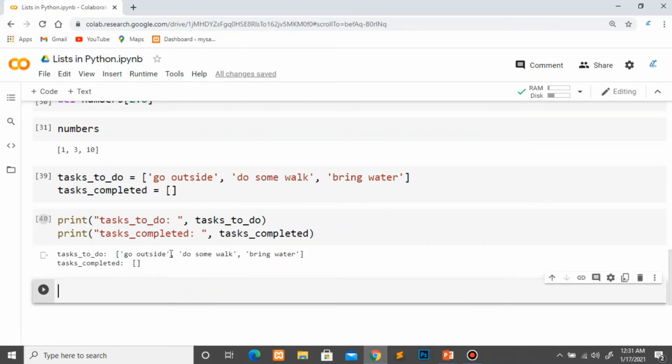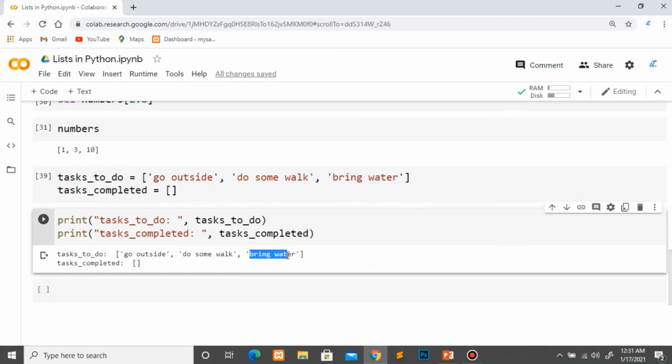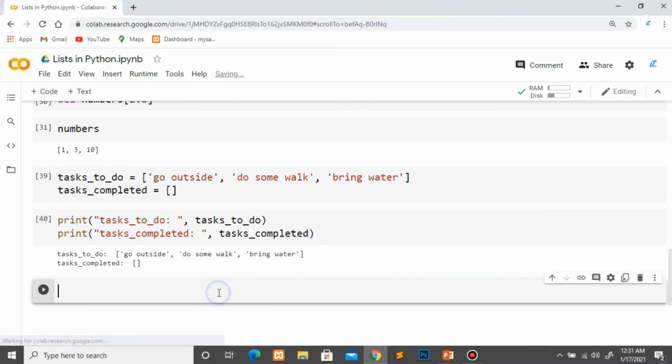Now let's say this bring water task has been completed. So what I will do, I will take this element, this bring water, from this list, and I will add this element to the task completed list. So what I will do, I will write task underscore completed dot append, because whenever we have to add an element in the list we use this append function.